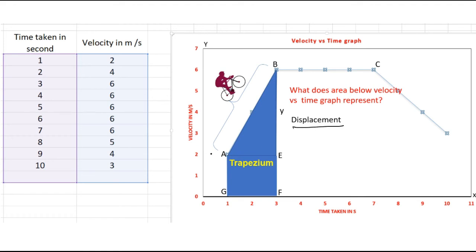How much is the shift from initial position to the final position? Since it's a velocity time graph, we should refer displacement only. If it is a speed versus time graph, we would have taken here distance, right? So remember again, what does the area below velocity time graph represents? Displacement. Now what is the proof? Alright, now if you actually go by a numerical method, what is the displacement here? Alright, and what is displacement? How to find out the displacement?